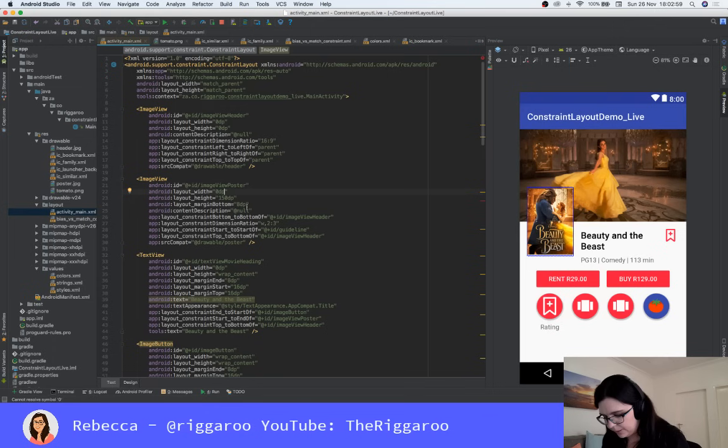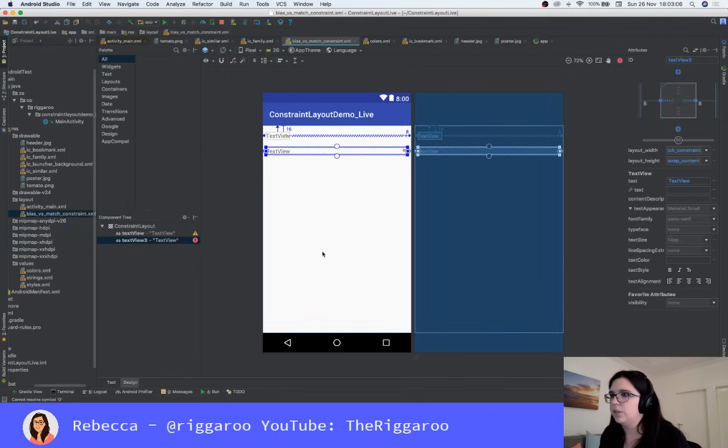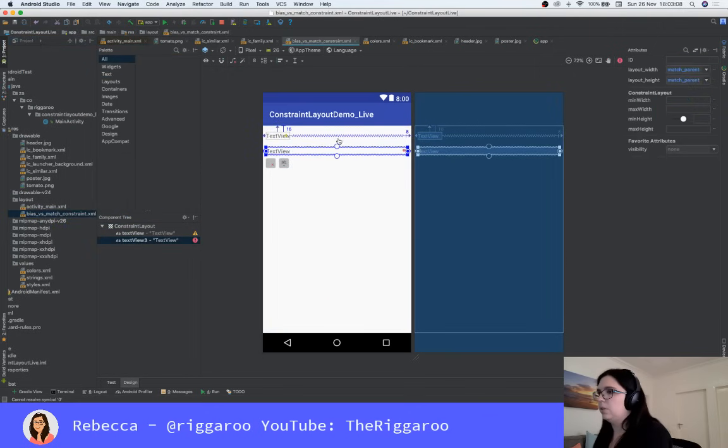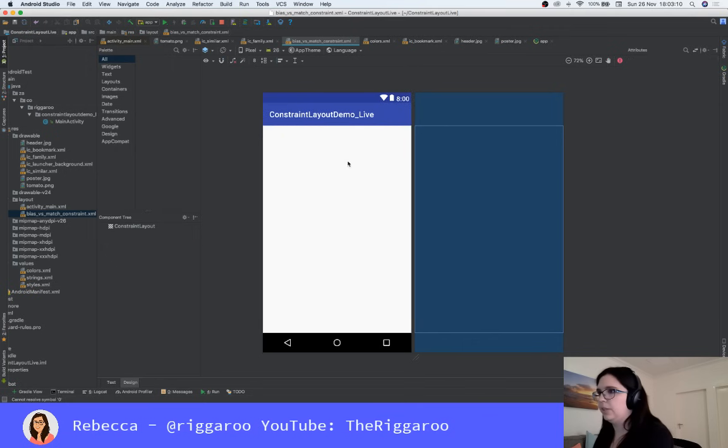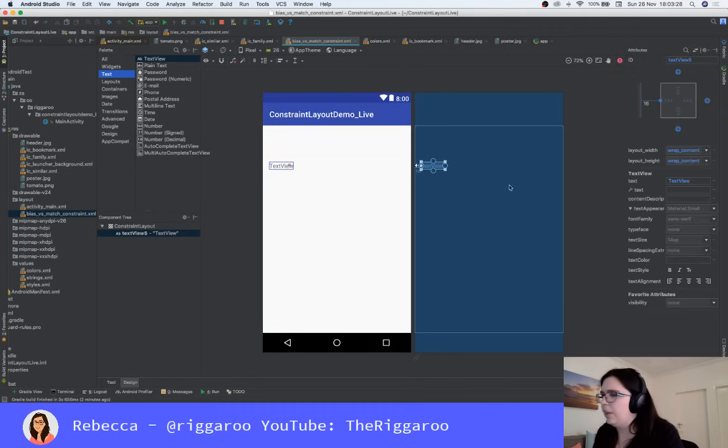Okay, so there was one last thing that I wanted to touch on, which I found a little bit confusing when I started using it. So let's just go to a simple demo here. I can have these text views. In the constraint layout code lab that you do, there's this button that they refer to as the pack button. And I think this one can be misused quite a lot. So the pack button, what it does is, if you have a whole bunch of text in something,